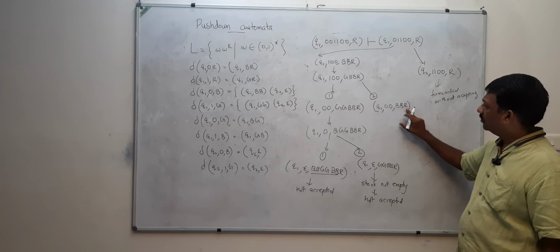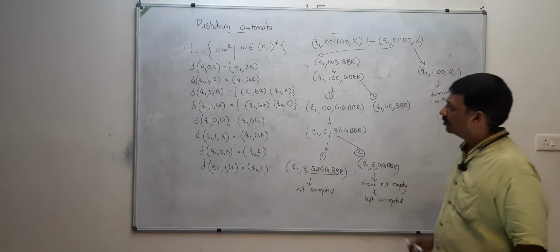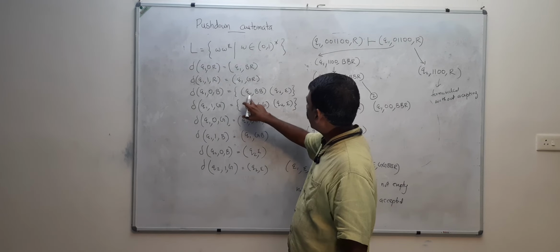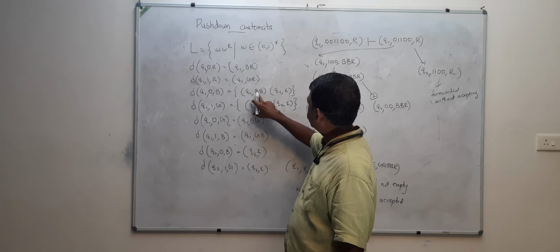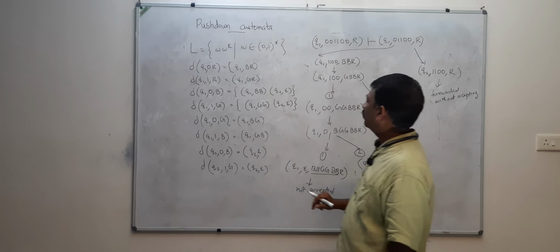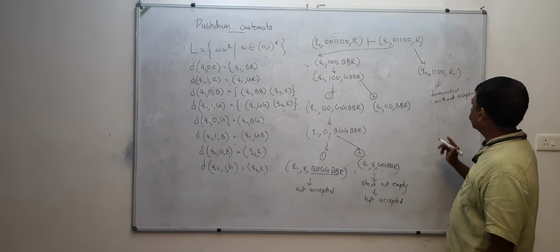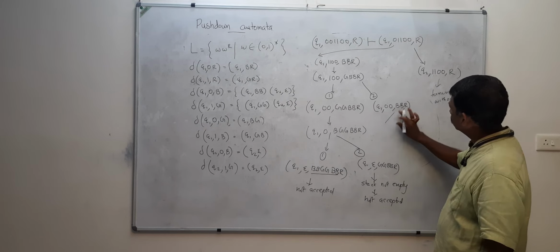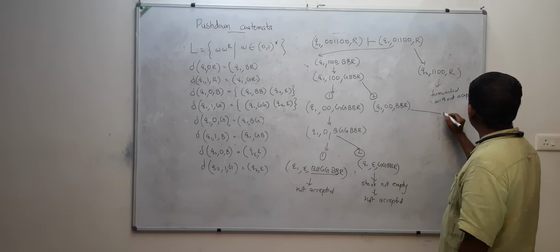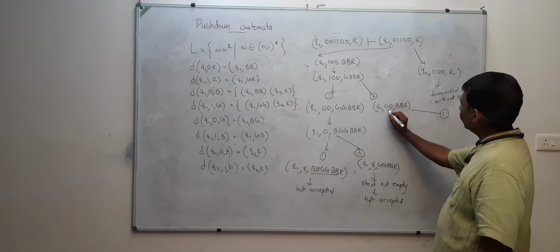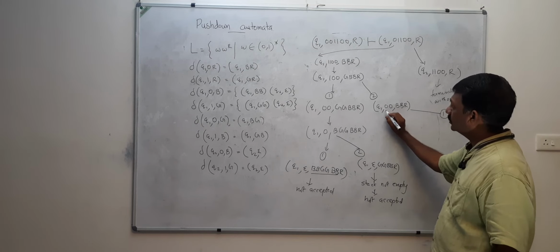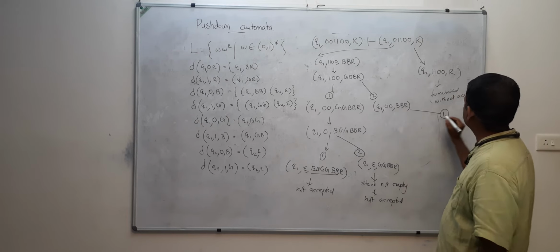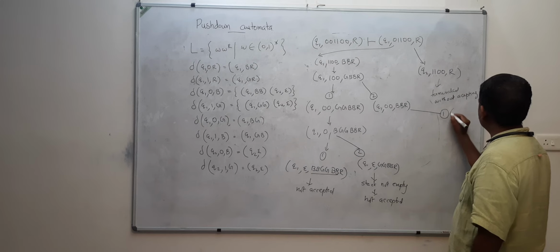Q10 blank. What will happen? Either you have to add a blue plate or you have to remove the blue plate. From this point onwards it is taking two routes. In route number 1, you are adding a blue plate. That means it is staying in the same state Q1